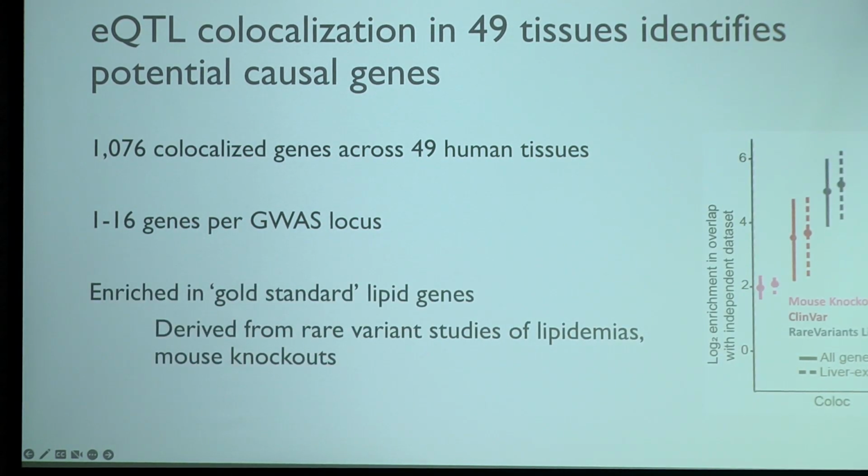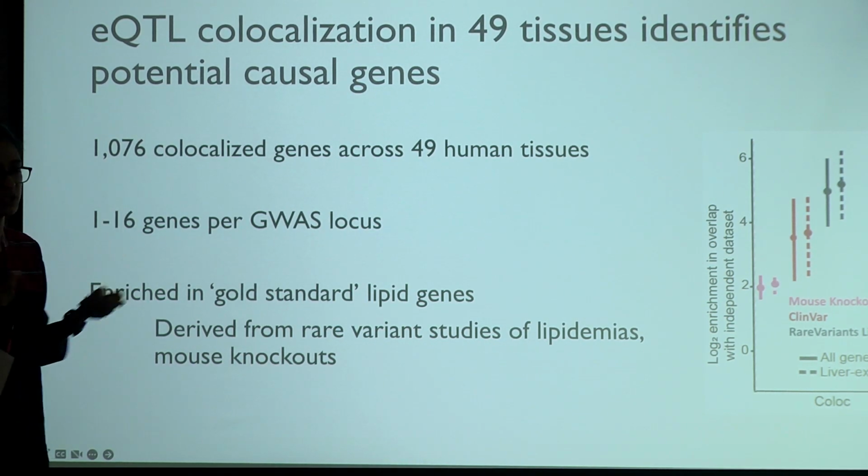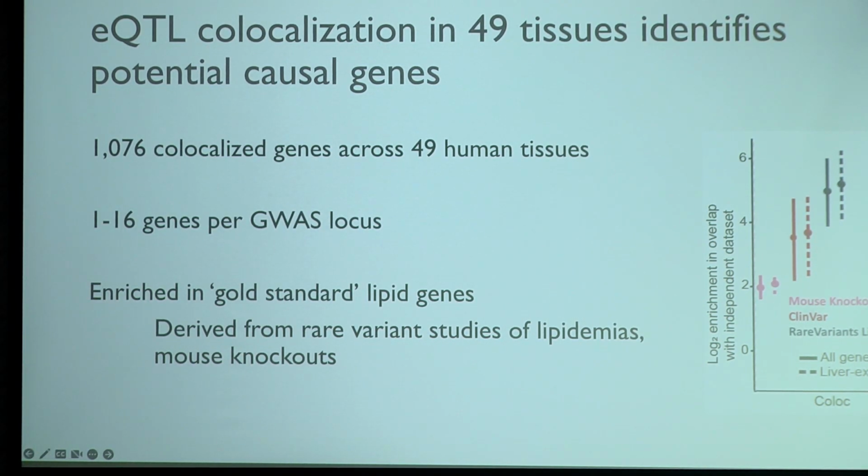Okay. What we also see is we took these 1,076 colocalized genes and looked for whether they were present in other known data sets, what we call silver standard data sets, because again, it's very hard to know what a gold standard association is. But if you look at other data sets that include genes associated with severe cases of lipid disorders, like lipidemias, we see that our 1,000 or so genes are significantly enriched in all of these